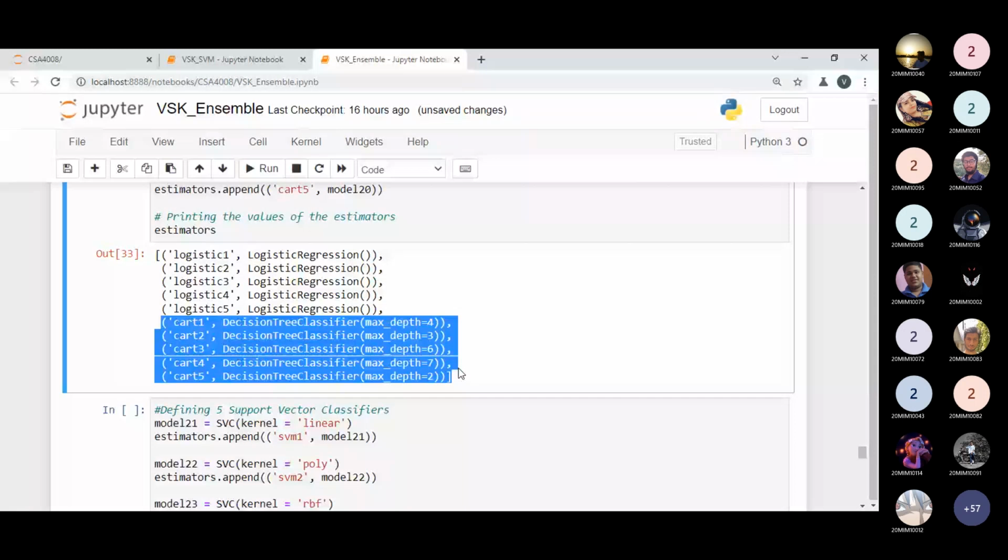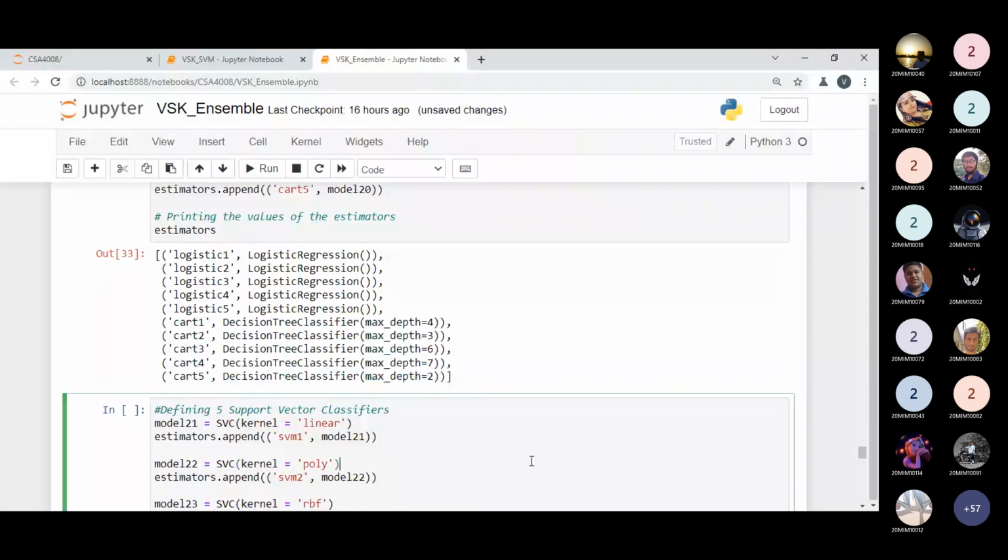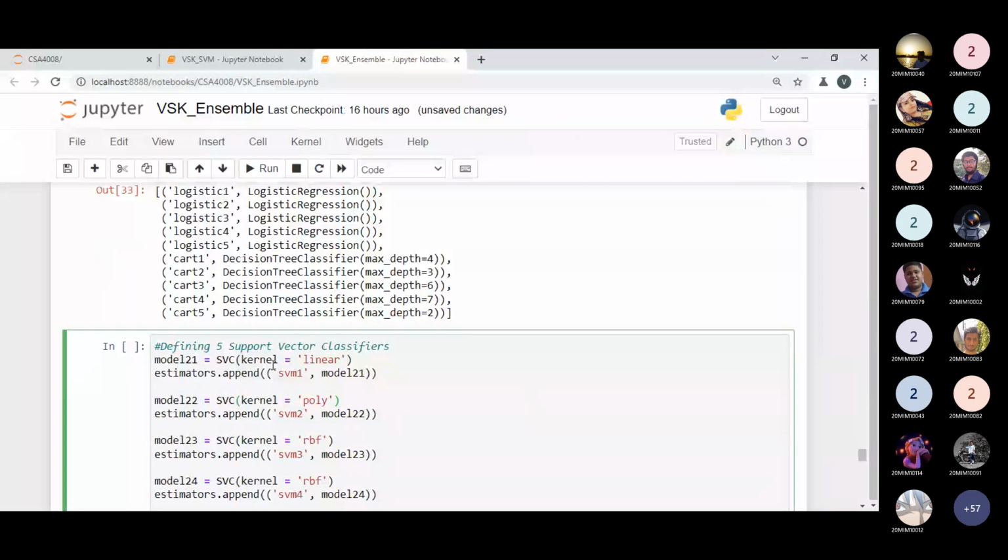So the same thing will happen. We will do it with the support vector classifier and kernel. So what are the basic parameters we have learned so far? Based on some parameter we can do this. In the SVC we didn't use any parameter in the previous example, but here I am changing the kernel. What is the kernel? Kernel is a function which is used to transform one dimension data set into another dimension data set to normalize your problem.